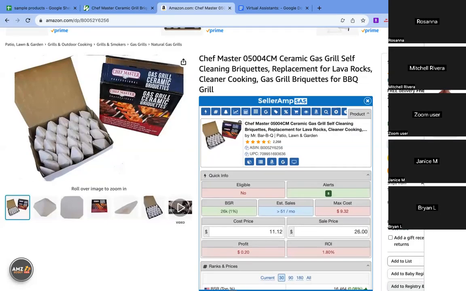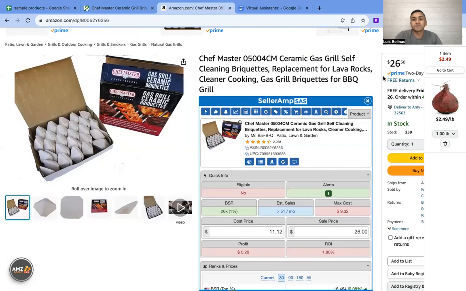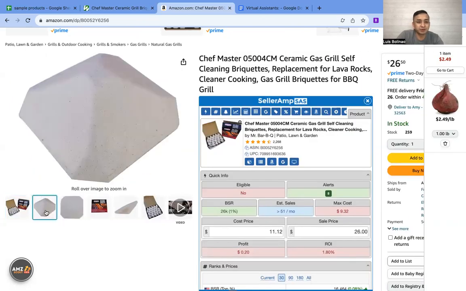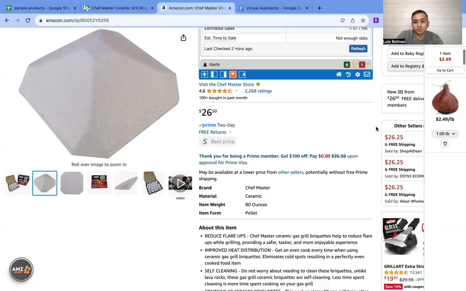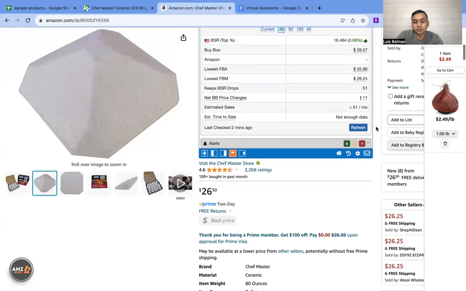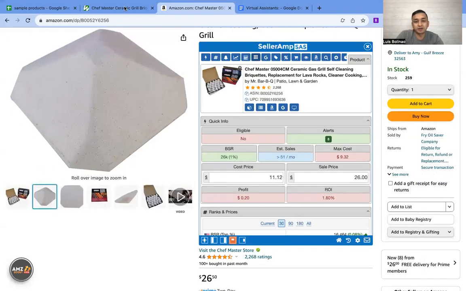Okay. Let me mute them real quick. Are they the same? It looks the same, right? The same. Yeah, look, it looks the same. And then from here, you